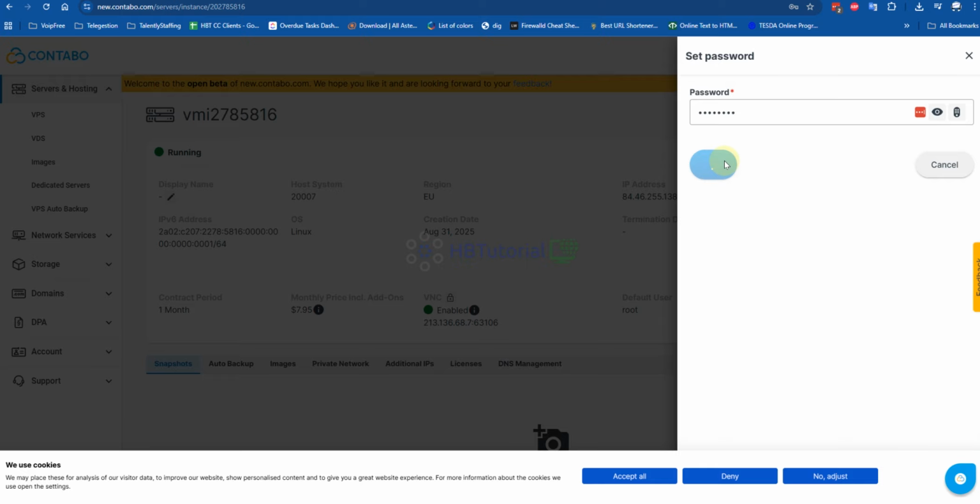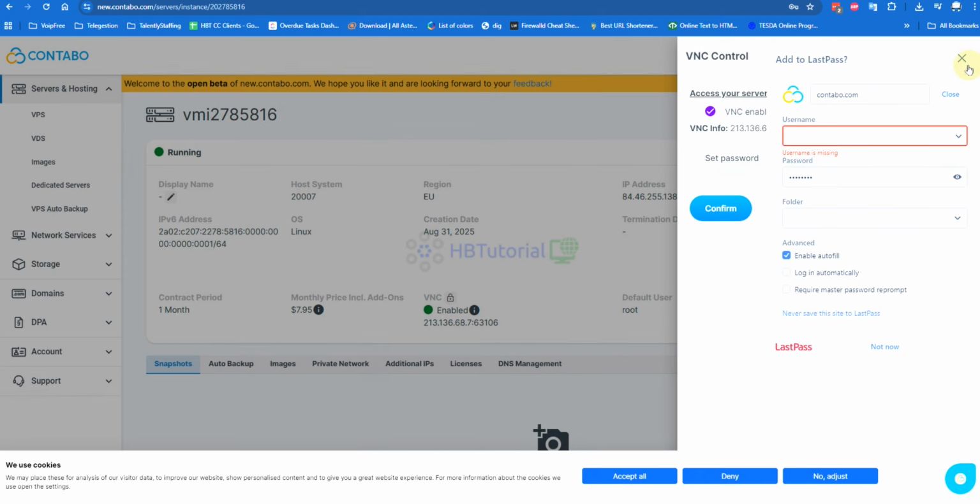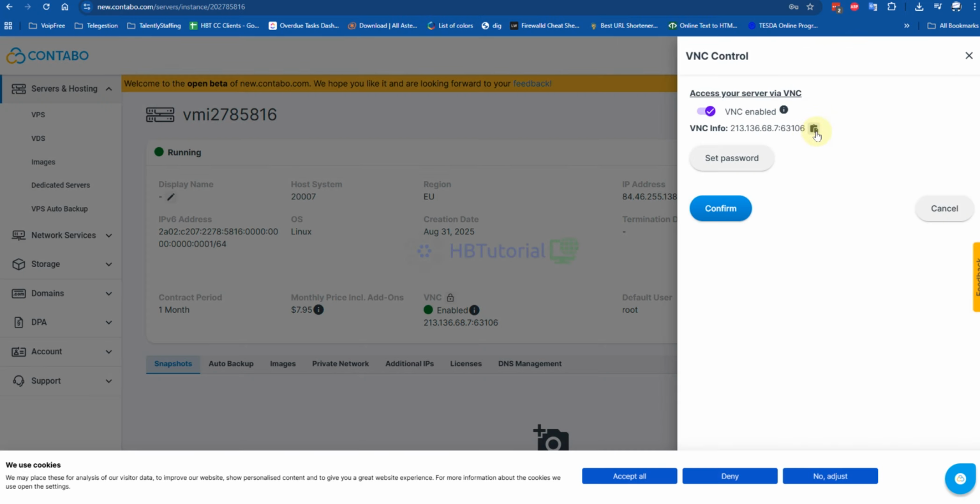And create the password. Okay, so this is our VNC connection.